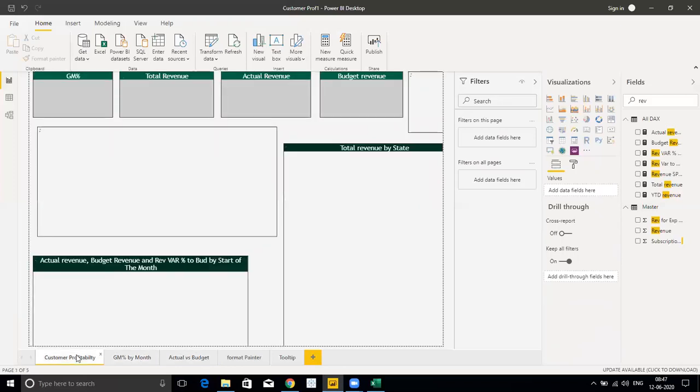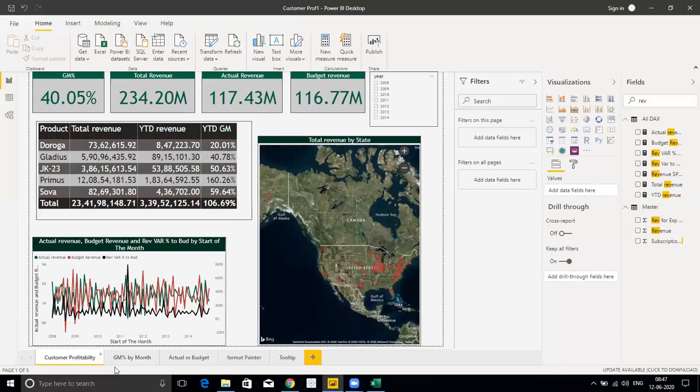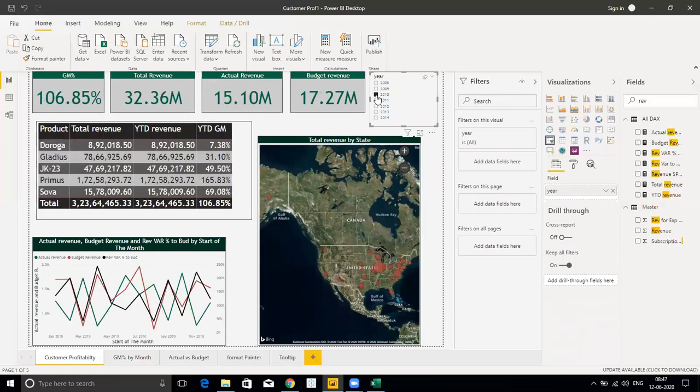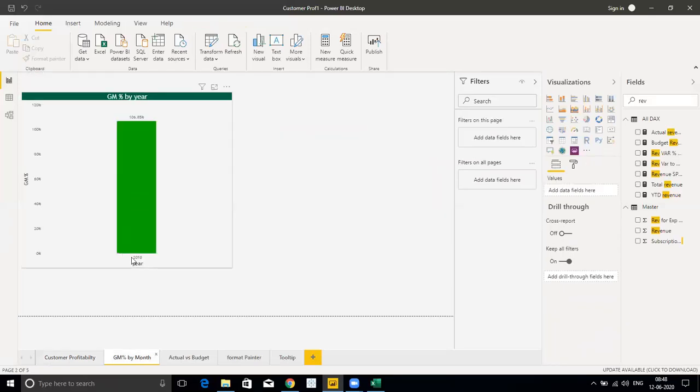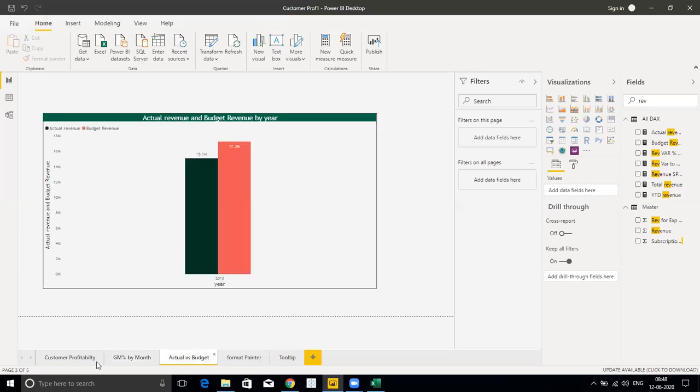The question is, I want to control all these three sheets with this slicer. If I choose 2010, not only does the selection impact this dashboard, but it should also filter the next sheet. You can see only 2010 data is coming on the next sheet too. This is really amazing.